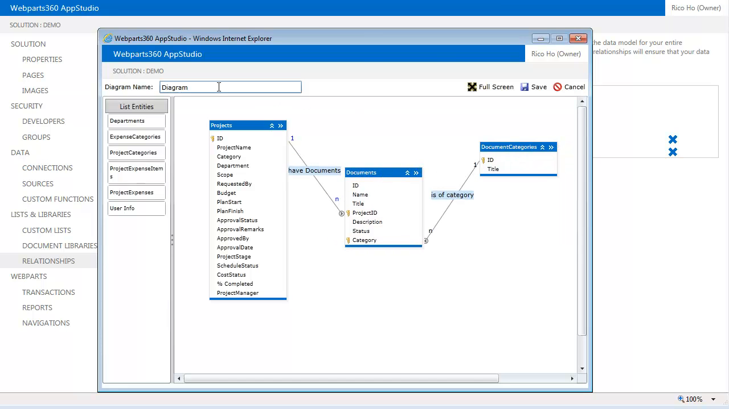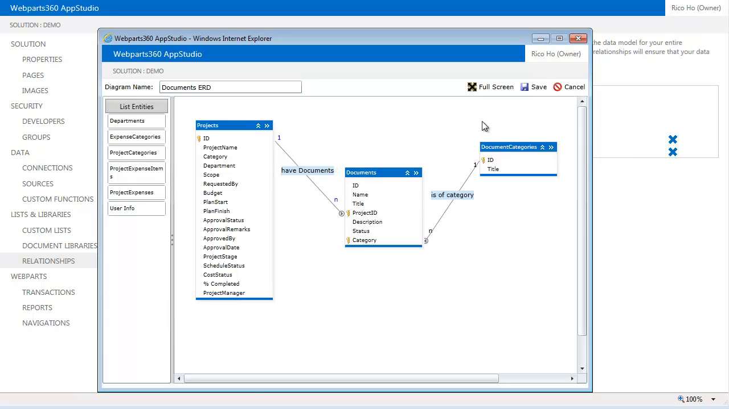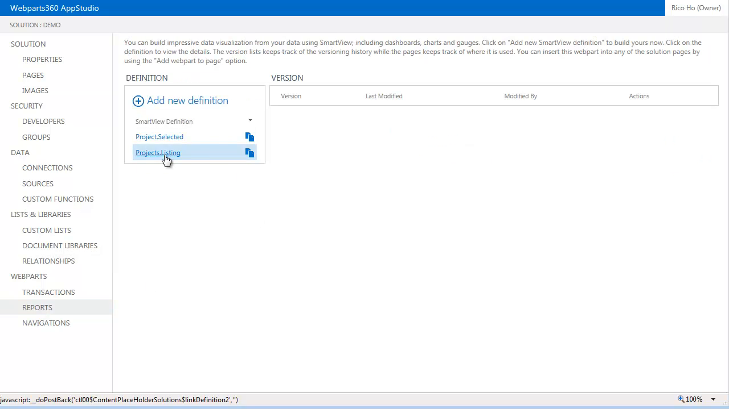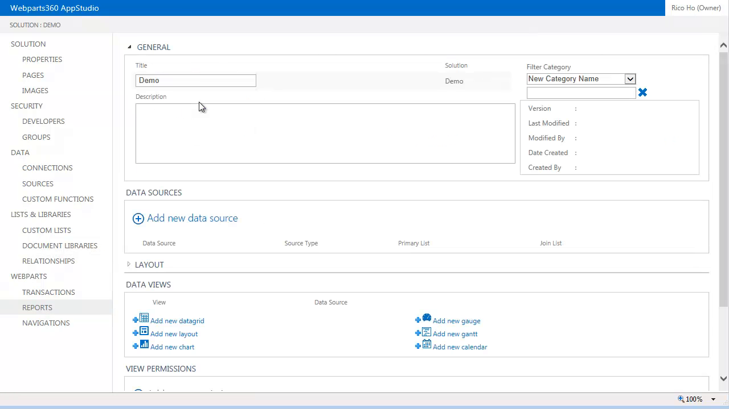And this is my documents ERD. It tells me how everything is related. I can save this, and that's part of my solution. So now I come in, I go into my system, and I will get all the documents for a project. So to do that, I just put project.documents,